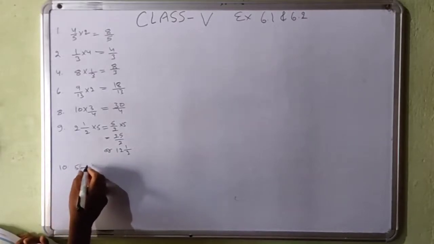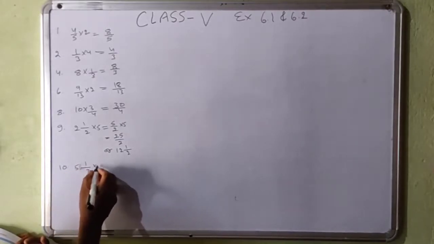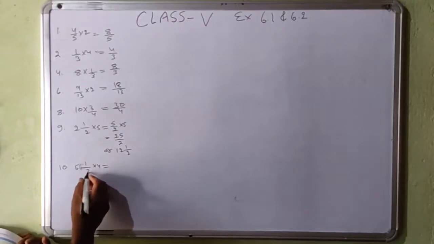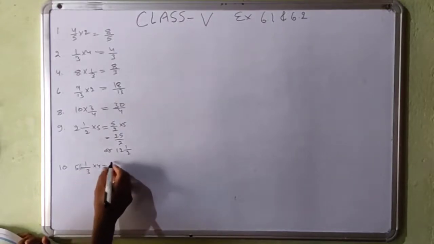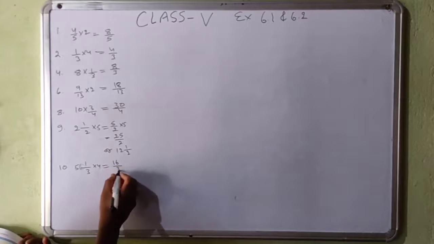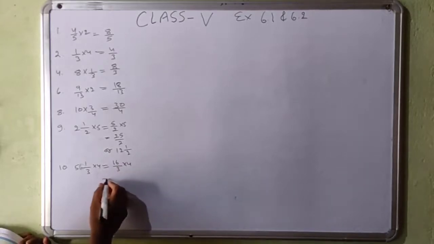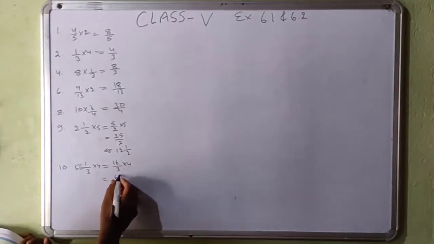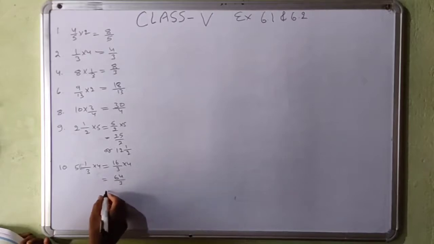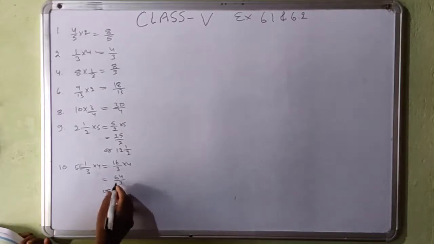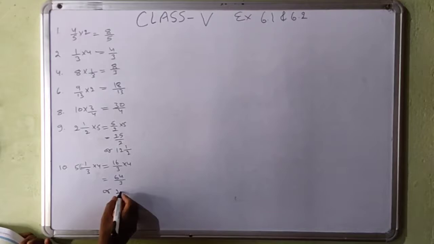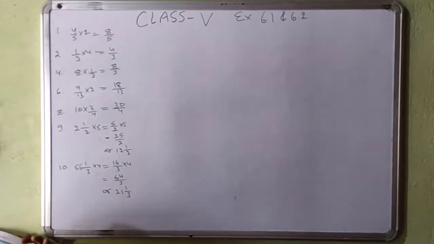5 whole 1 upon 3 multiplied by 4, that is 5 3s are 15, 1, 16 upon 3 multiplied by 4, that is 16 4s are 64 upon 3. Or you can write in mixed fraction, 3 2s are 6 and 3 1s are 3, and 1 is left upon 3. And then